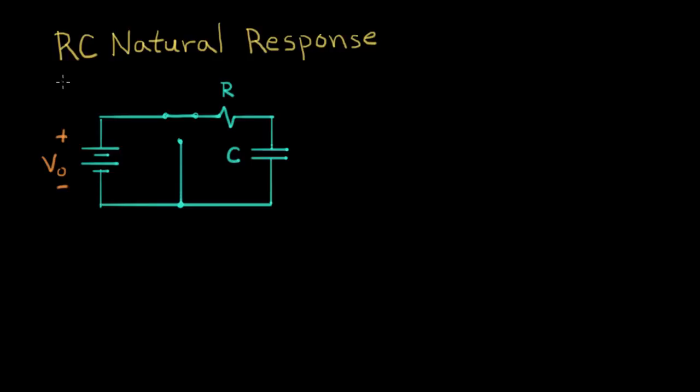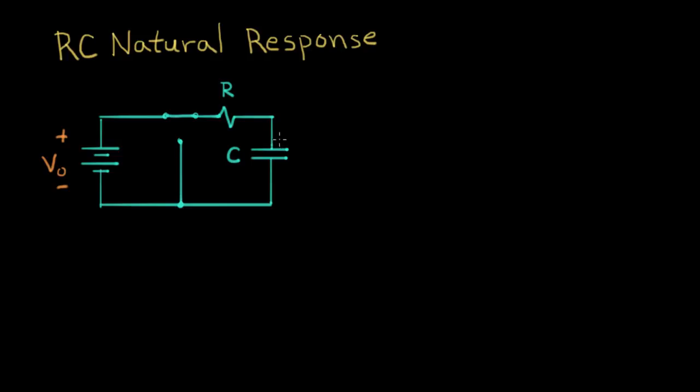Now we're going to cover a really important circuit in electronics. It's the resistor capacitor circuit, or RC circuit. And in particular, in this video, we're going to talk about the natural response of an RC circuit. The natural response is what happens when you put some initial energy into the circuit. And in the case of an RC circuit, it represents charge that's stored on the capacitor at the beginning of